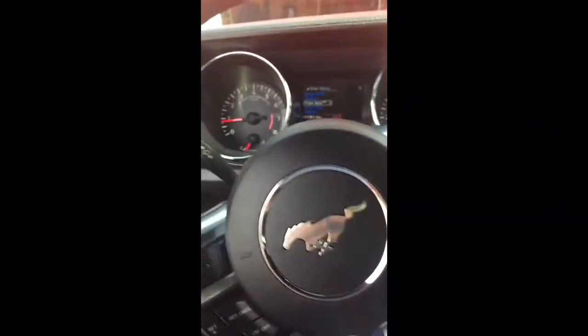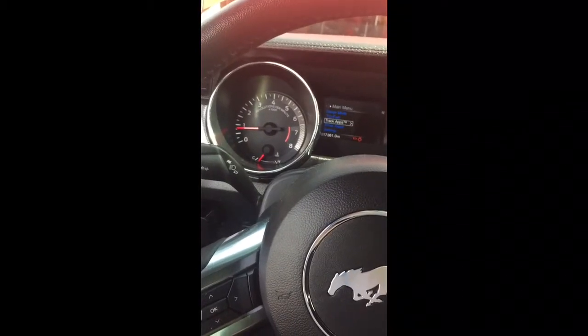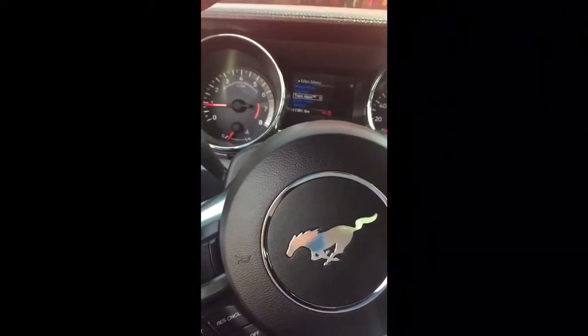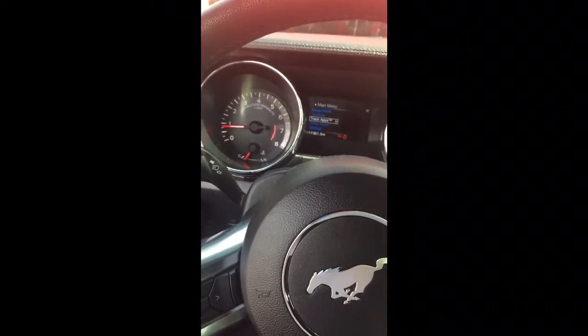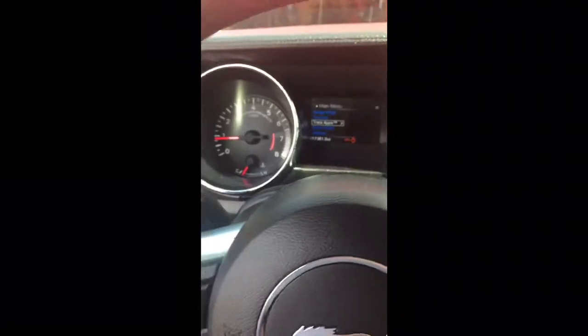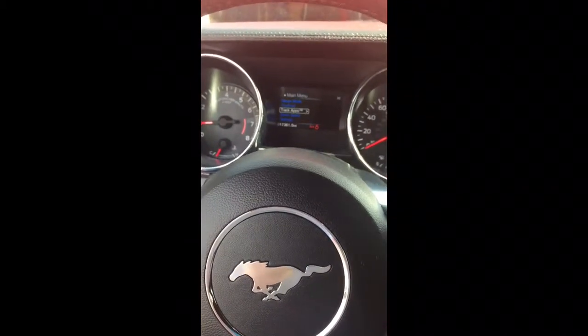My light came on after I filled it up, but after a few minutes it went off. Clutch pedal, still good clutch pedal feel. Of course I ain't trying to put it in gear or nothing yet, I'm just still making sure. Let's test it real quick. I got my hood and everything popped. We're gonna do a line lock, but